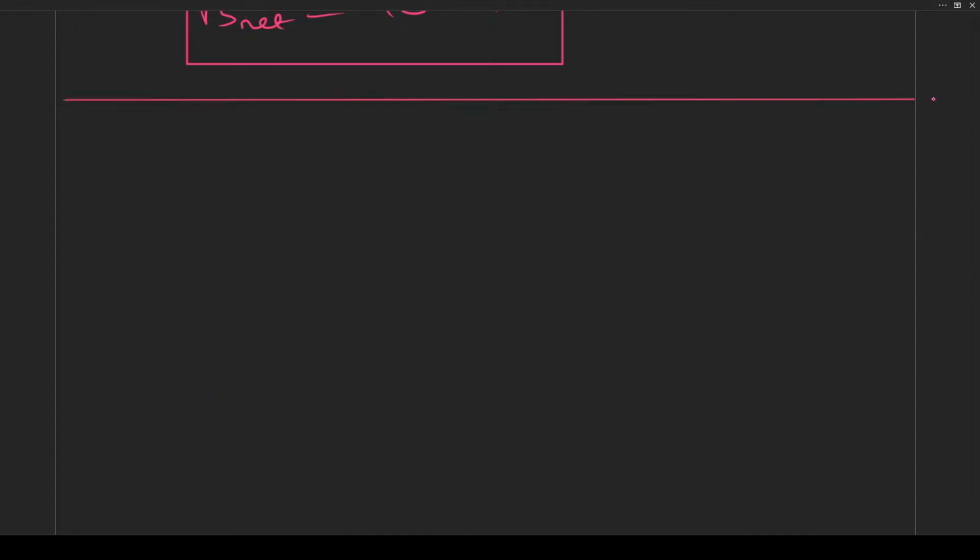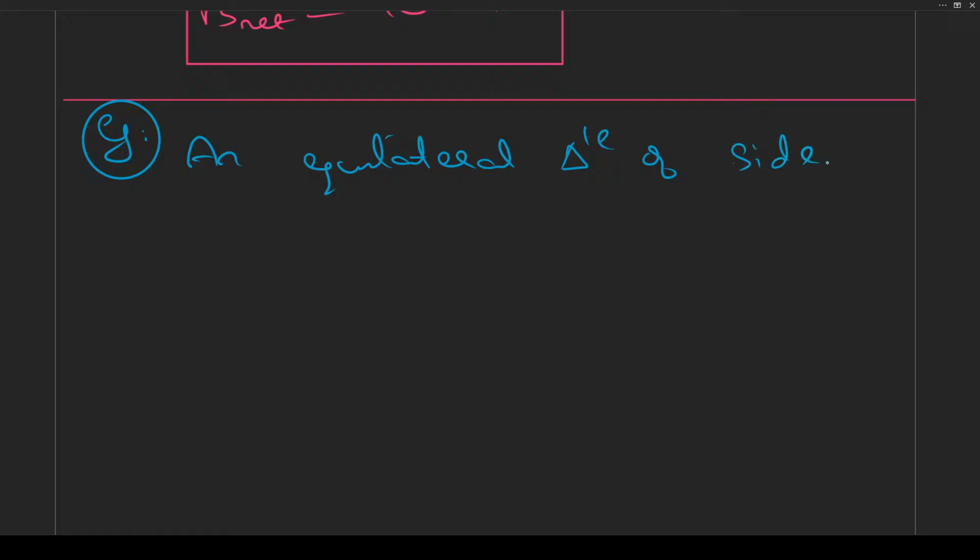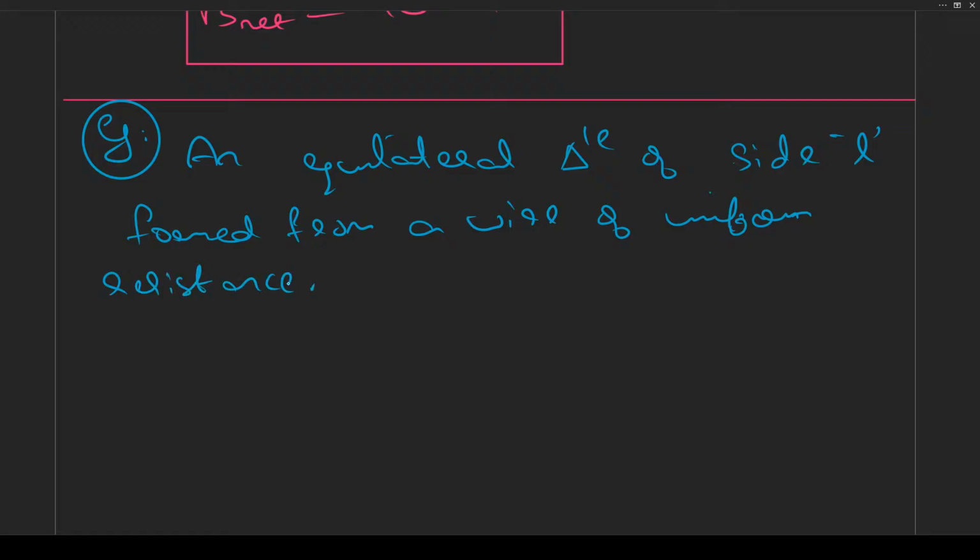Next question. An equilateral triangle of side length L formed from a wire of uniform resistance, the current, the magnetic field at center is